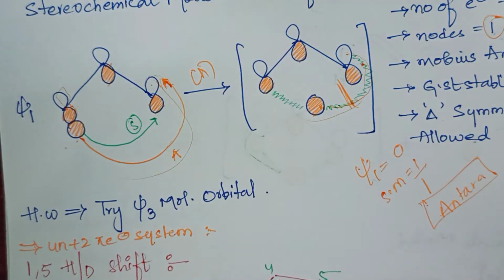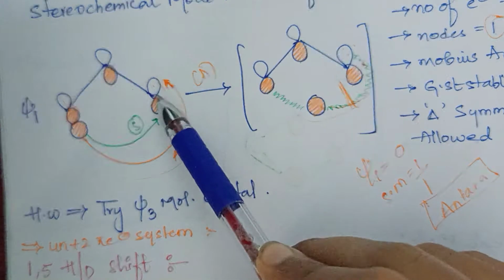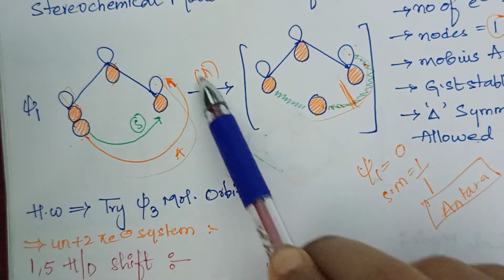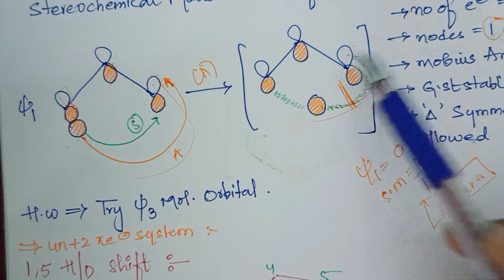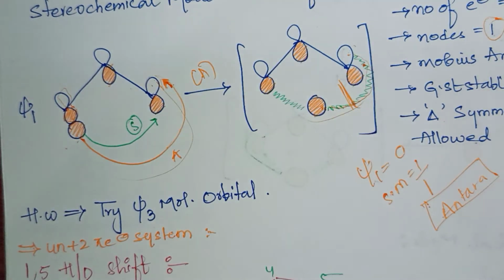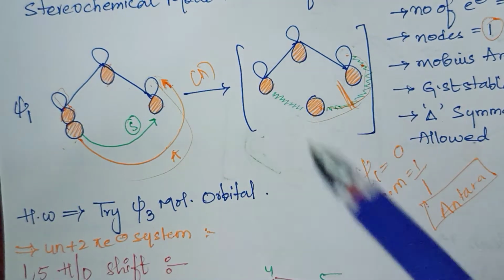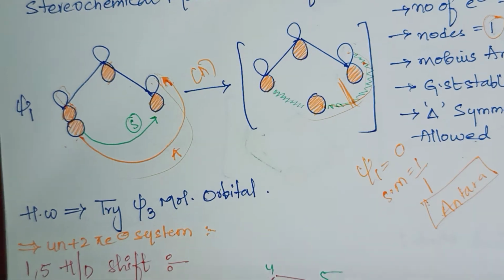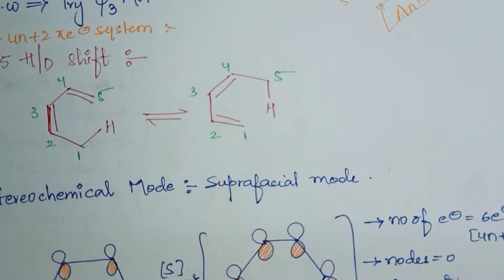I hope you understood how you have to do migration from down to up. Previously for supra I did it from down to down only, but here I will be doing down to up. Now we draw a transition state, later you count the number of nodes. An easy way to count the number of nodes: first write down the nodes of Xi1, later you check whether any new nodes are formed during the stereochemical mode, count the total number of nodes and say whether it is thermally or photochemically allowed. Wherever antara comes, please specify that it is thermally or photochemically symmetrically allowed. The word symmetrically allowed should be used.